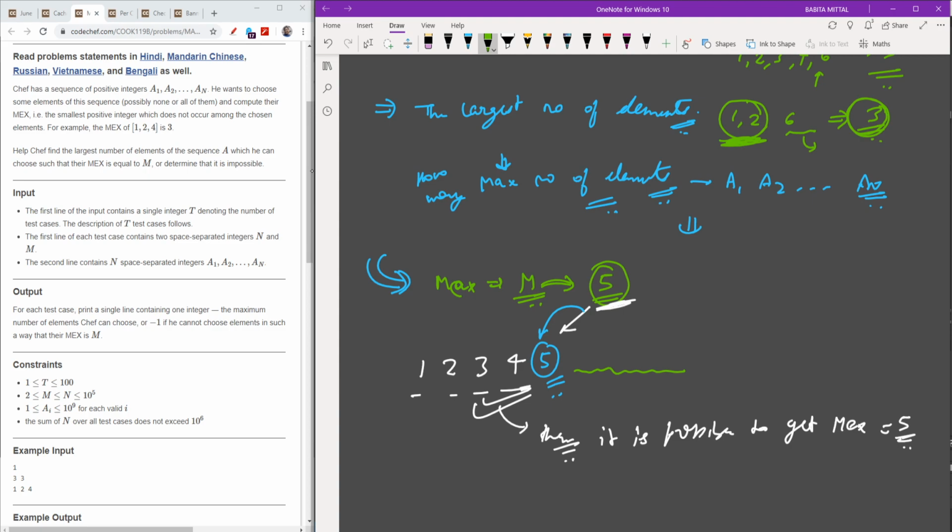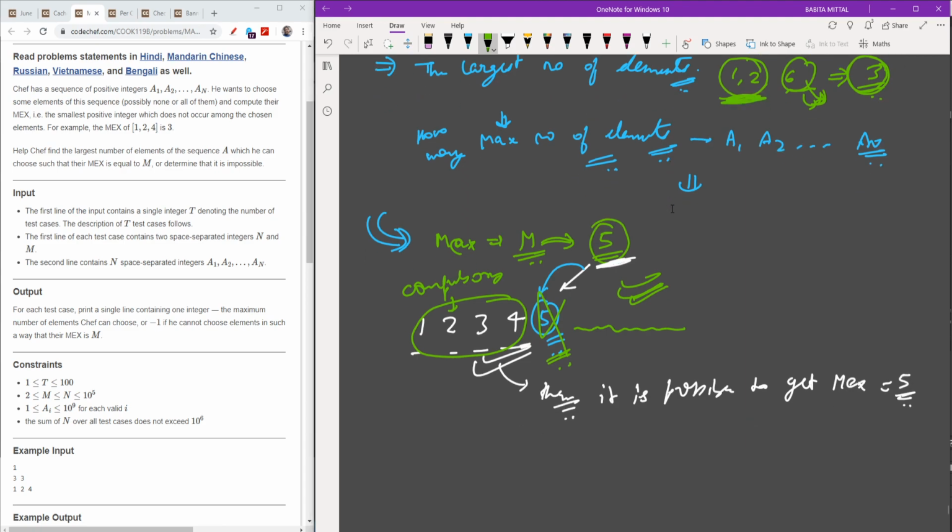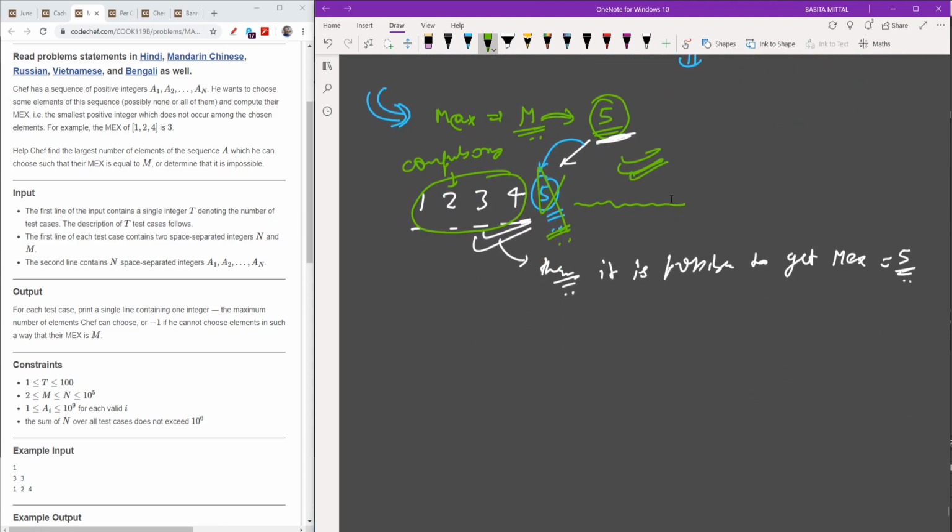It is my option to opt for them if I want. So these are compulsory, these are optional, and I will never opt for 5 if it is in my array.